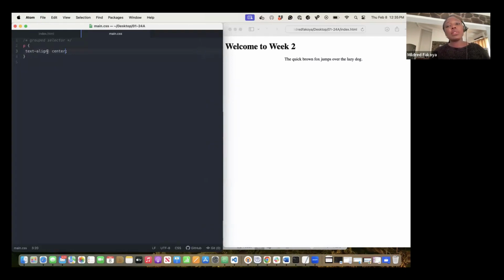But what you need to take note of are the properties that exist, and then it will be easy for you to research the kind of values they can take and how the values make them look. So when you use text align, you set the horizontal alignment. If you want it left, right, center, justified, you use the text align property. We also have another property that we can